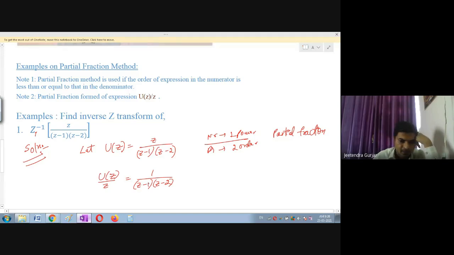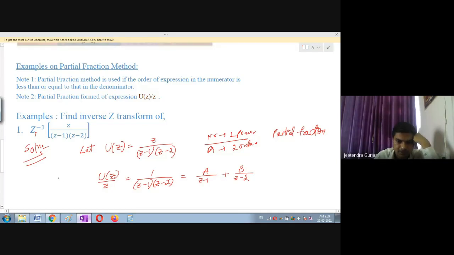So please tell me how you are going to simplify this in terms of partial fraction. You should know that this is equal to A divided by Z minus 1 plus B divided by Z minus 2. Can anybody find out what is A and B? Yes, Jitendra Kumar, Abhishek, Kaustab, Kanishka. Please try to find A and B using partial fraction. It is easy, not so difficult, students. You can do it very easily.